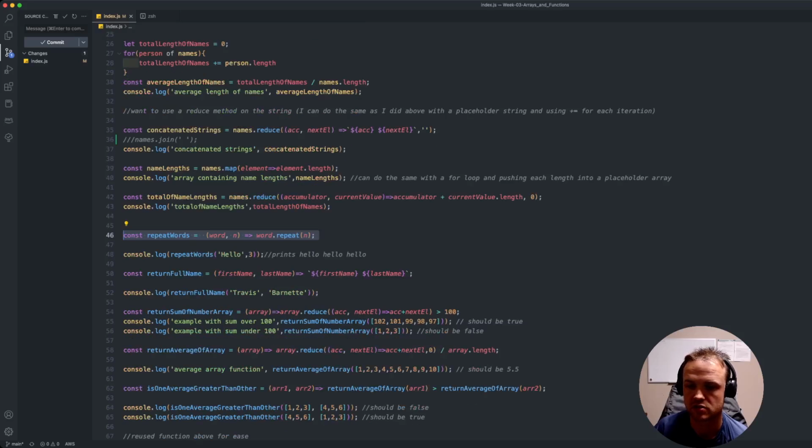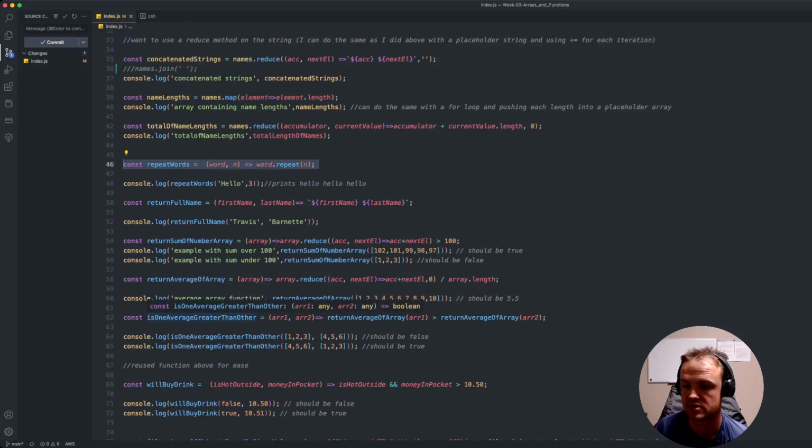And I printed that to the console, and then I was asked to return a full name, which is just string interpolation, taking in both the first name and the last name, and returning a string here. Thusly,